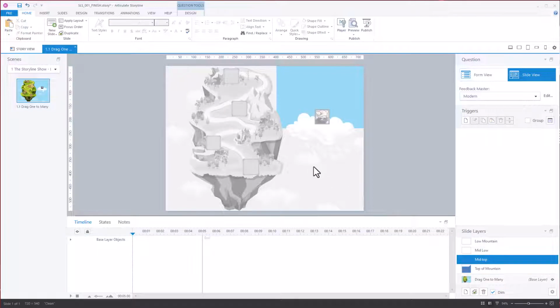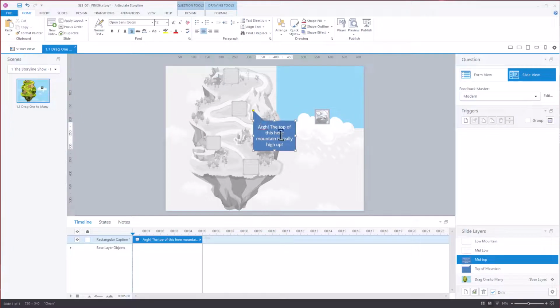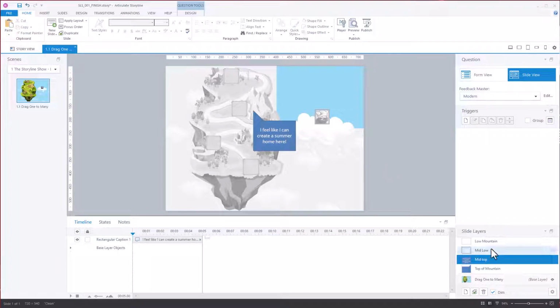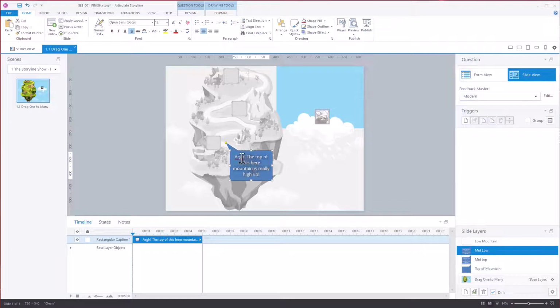And let's just copy this piece here. And I'm going to go to mid-top, and we're going to paste it. Move it to the new location. And we can say, "I feel like I can create a summer home here!" And then let's go to mid-low. And we can say, "Although we are not too high up, I don't like the way this place smells." And then low mountain